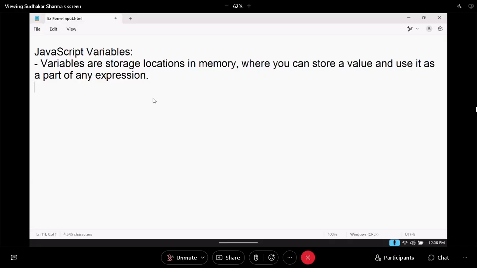Variables are storage locations in memory where you can store a value and use it as a part of any expression. So that is the general concept about variable. Here one more point is there. Actually, in many languages,